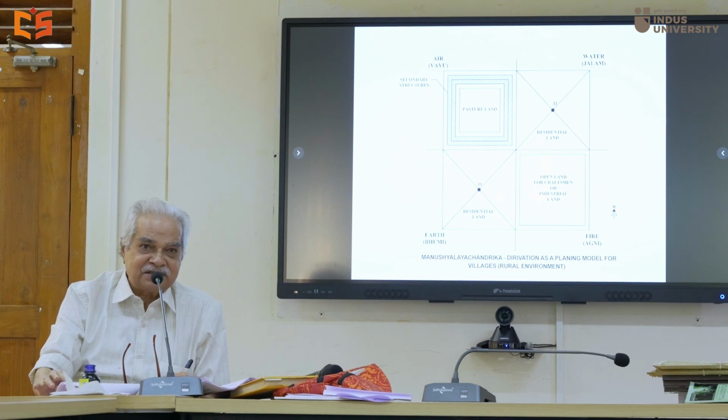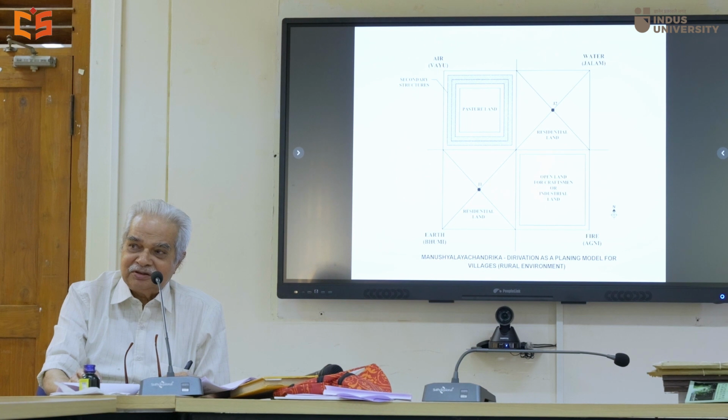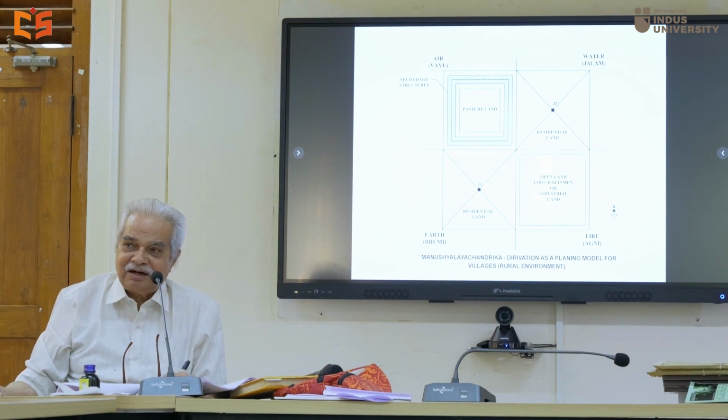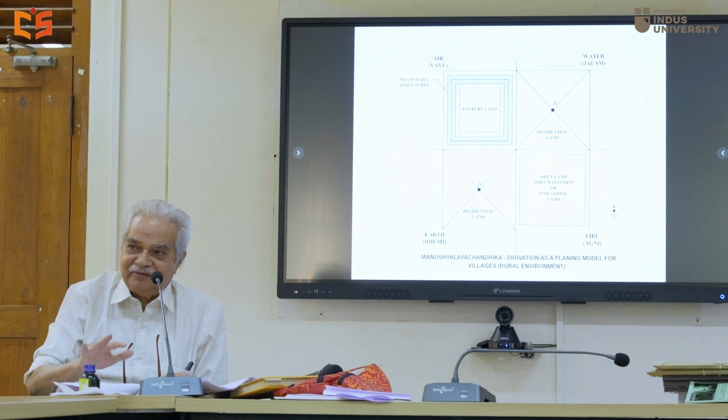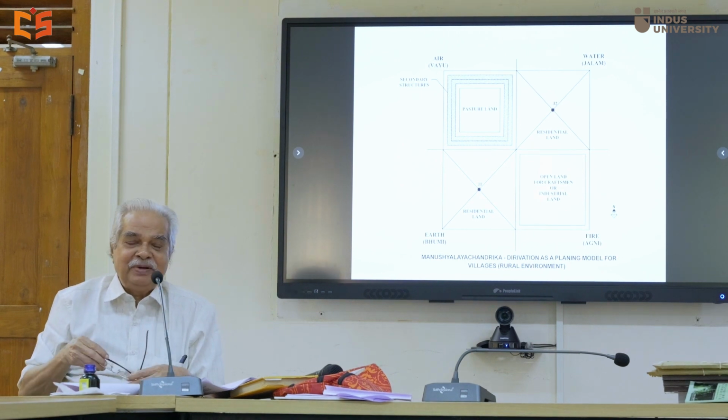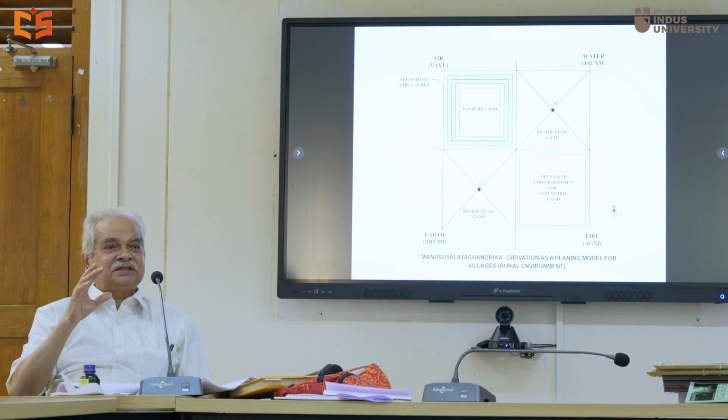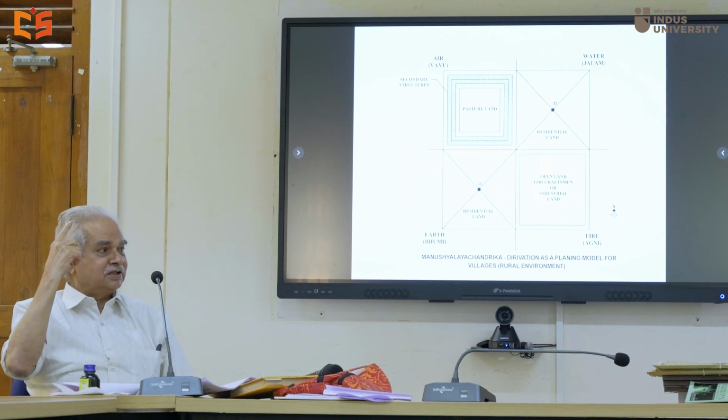Southeast represents Agni. And northwest represents Vayu. And Akash is spread over everywhere. So basically it's a concept which is an adaptation of the concept of the Panchabhutas of much earlier times, division of land into 4 quadrants,